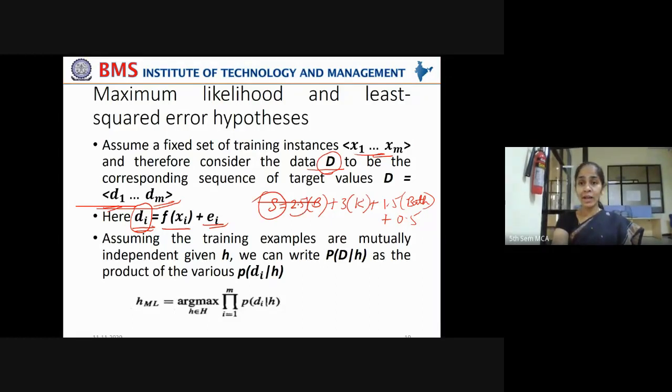Now, what is the weight associated with each of these parameters? What are the coefficients associated with each of these parameters? That is important for us. And those coefficients should be such that the prediction error with the sale price is as minimum as possible. It should give the best prediction of the sale price, as near to the real value as possible. Okay, so this entire equation is represented as f of xi, and this